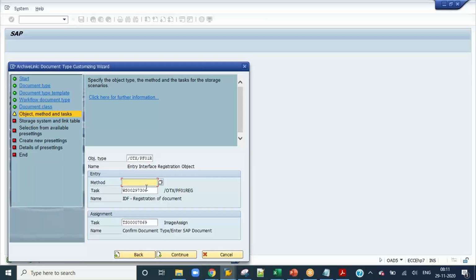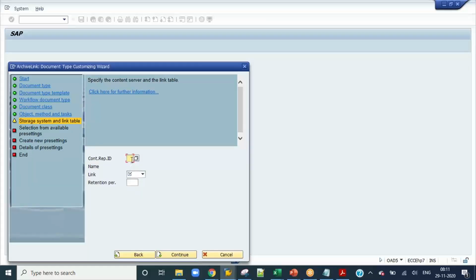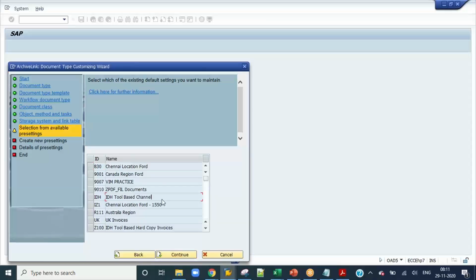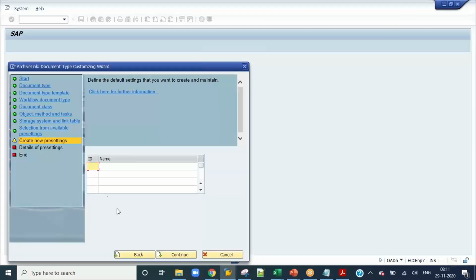No need to maintain any method here in Business Center. The task name is also different, and this one is different. These two are the changes. Click on continue. So the content repository ID is G1 and TOA01 is the table. Click on continue. Now you are going to select a presetting folder, an existing one, or I'll create